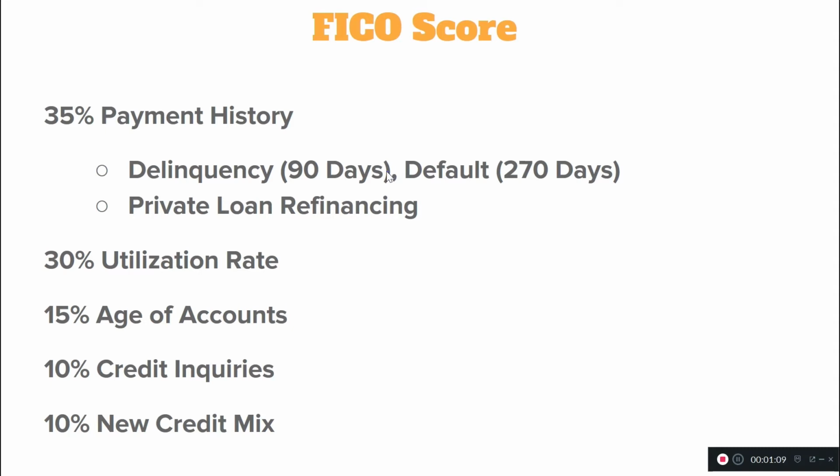Now, I know you don't want to take out student loans to help your credit, but the fact of the matter is the longer that you have those loans and the stronger your payment history, the better it will reflect on your score. Now, the next part of your score, which is 30% of your FICO score, is your utilization